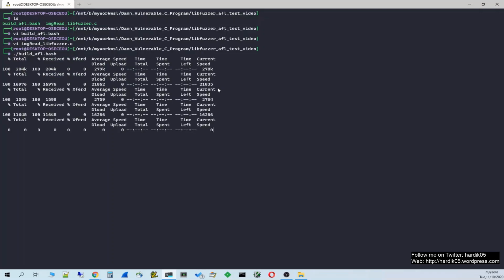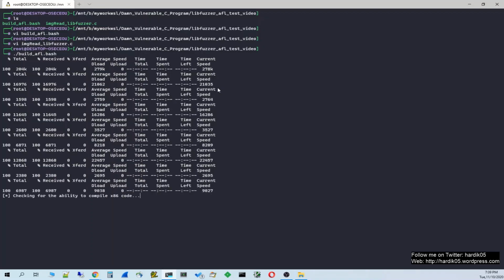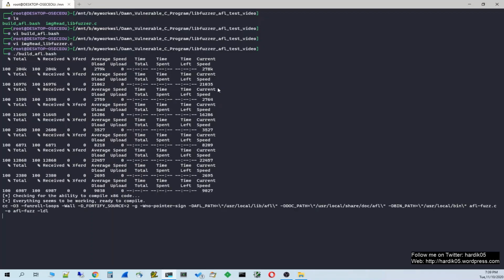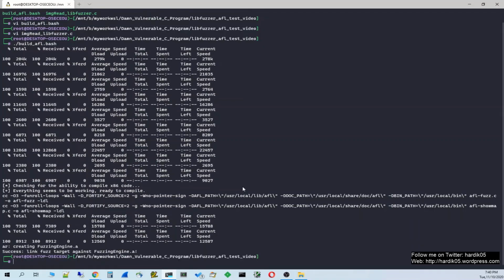You can see that it is using curl and it has downloaded a couple of files. Then it is compiling them over here. So we need to wait for a few seconds. You can see that it is compiling afl-fuzz right now. So it will generate the afl-fuzz executable, then afl-showmap, then I think LLVM mode.